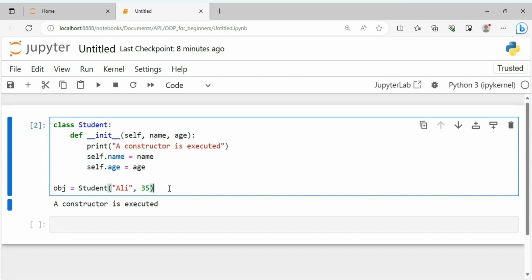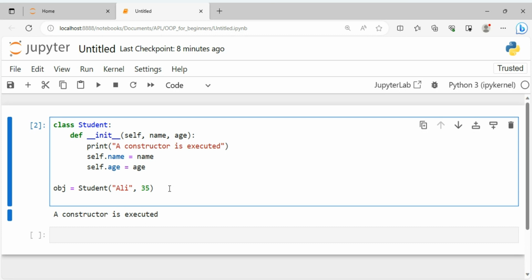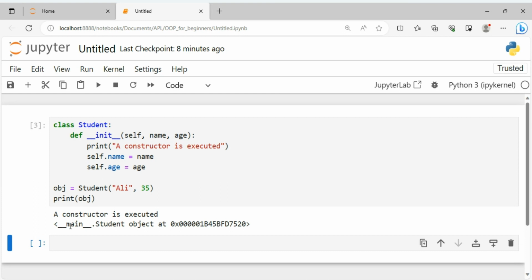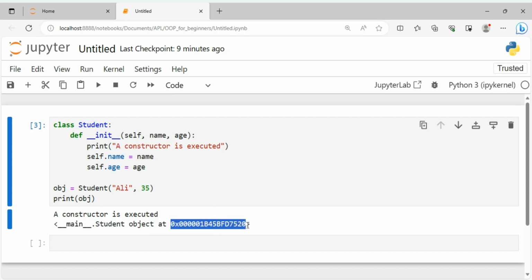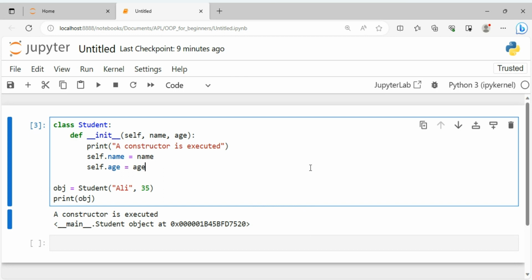Secondly, when we want to print this object, print obj, and we'll run it. This shows that main student object, and this is the address value. So it shows that this object obj is a student type object, and it is created at this particular memory address. So we can override this function